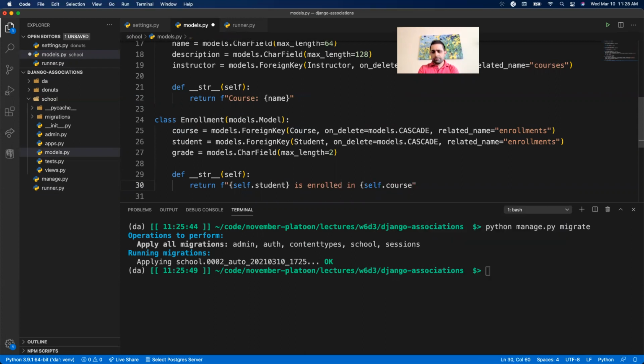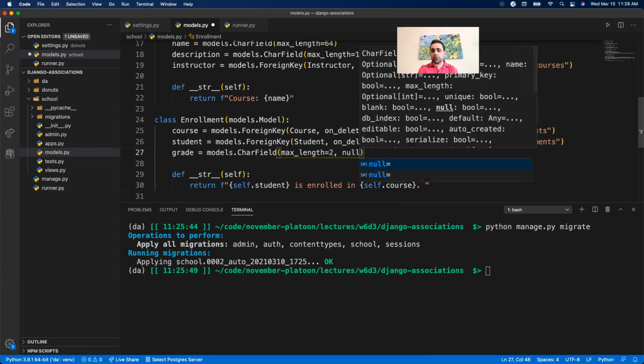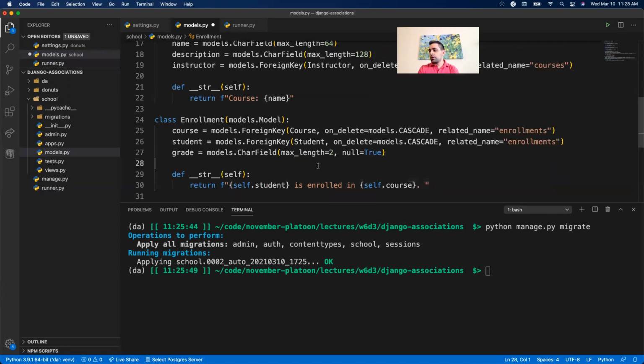self.course. And then I guess in this case, if they're still currently enrolled in a class, they might not have a grade, right? They might have a few tests, but they don't have a final grade. So in this case, I'm going to allow this to be null equals true. So a common question that